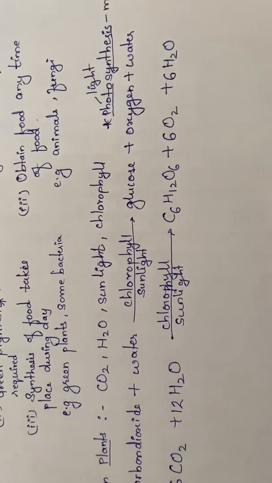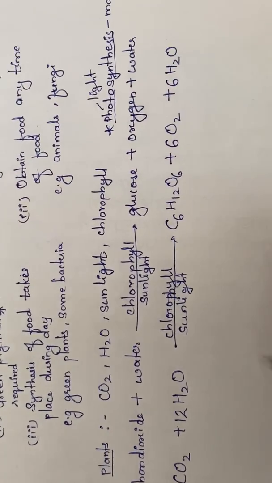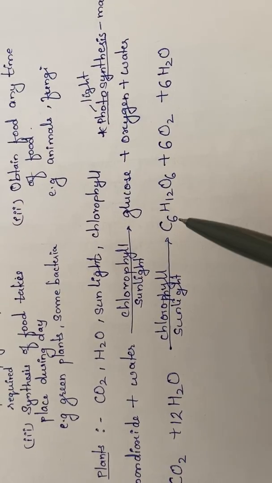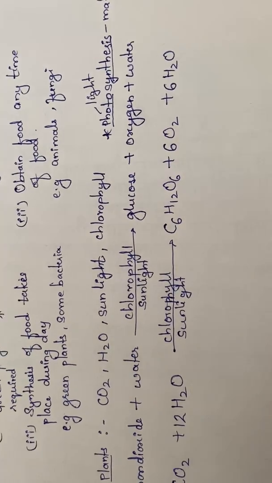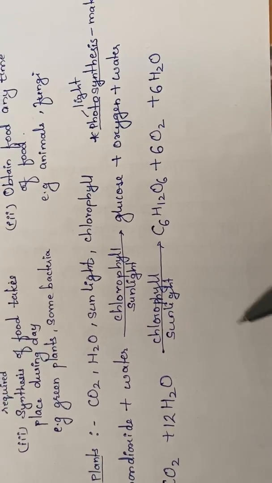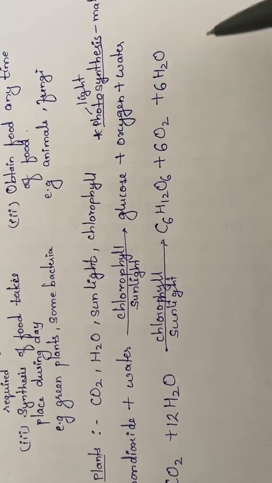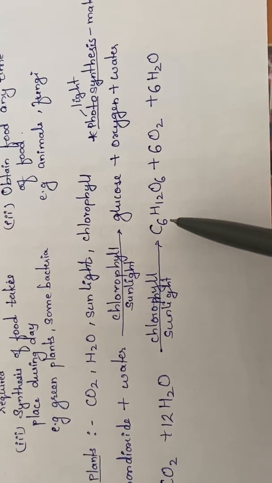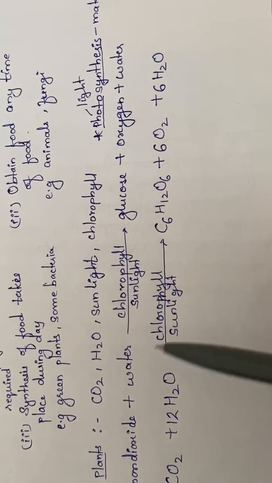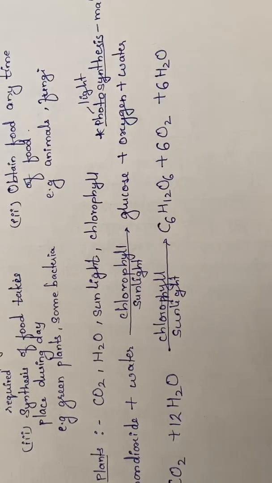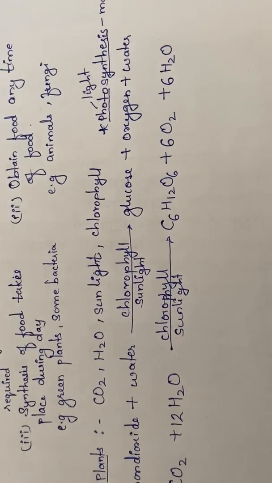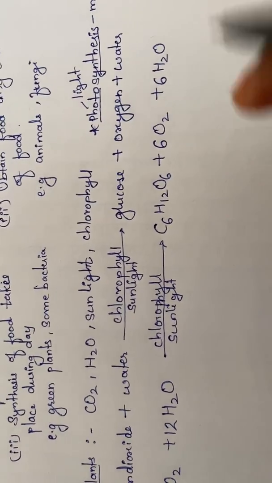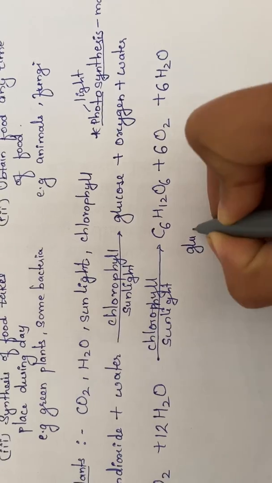Right, children? Now here you should understand that plants synthesize glucose in the process of photosynthesis, but all these steps do not occur immediately. It is not a one-step reaction, there are steps involved in this. We shall discuss that later on. First let me tell you one thing, that glucose which is synthesized in the plant body is utilized for energy, but the excess of glucose, the amount which is not required immediately, is stored in the plant body in the form of